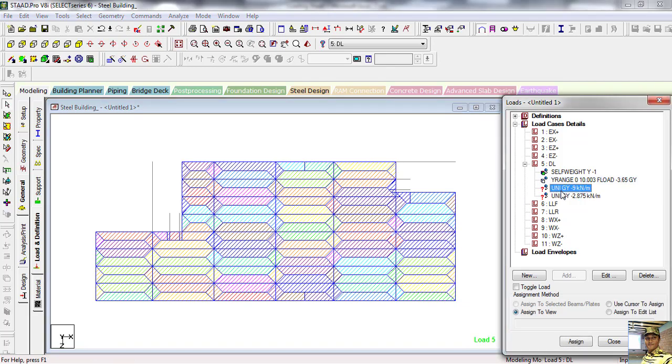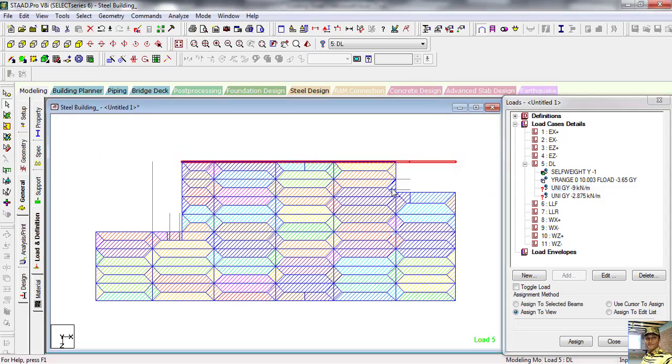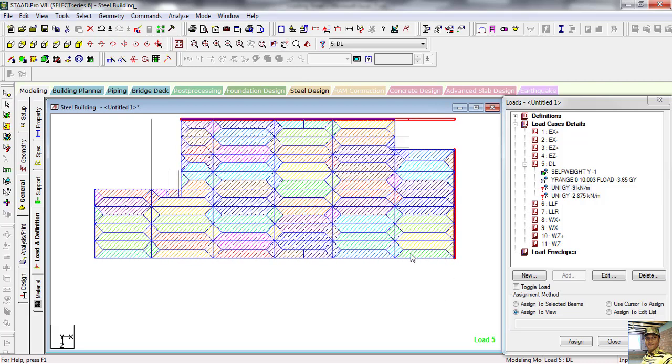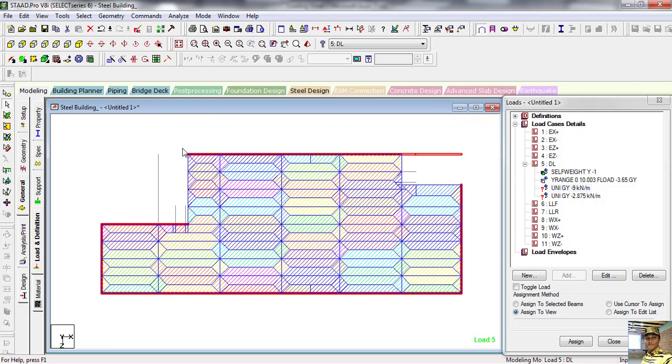Now see, we select this load and define the members on which the load will act. Control, select this beam, this beam, this beam, this beam, this beam, this beam, and this beam.